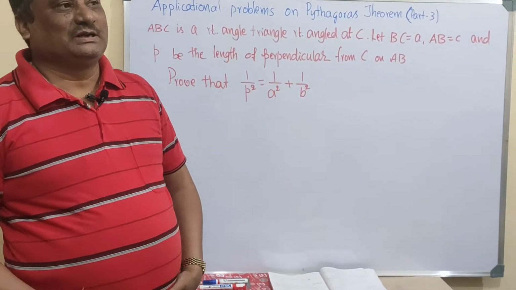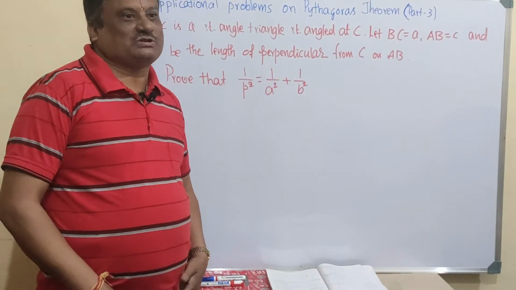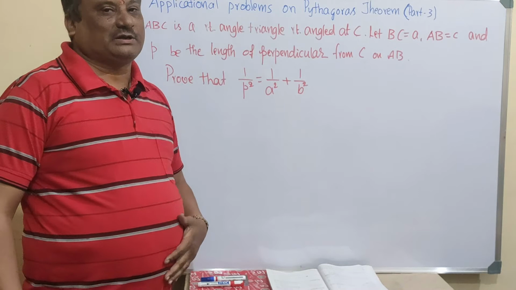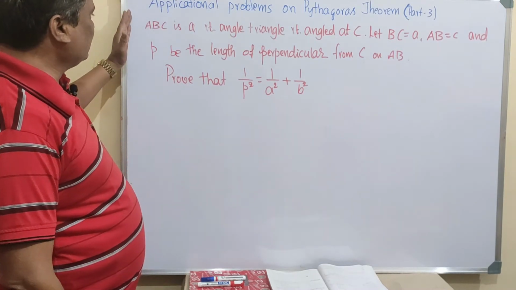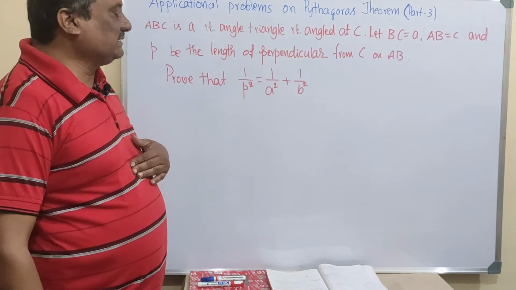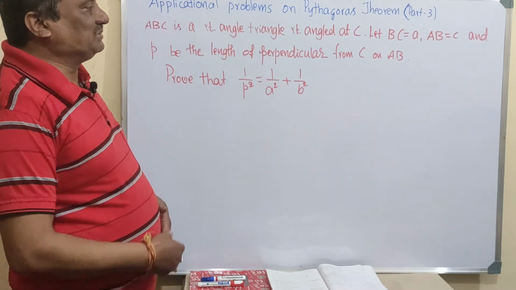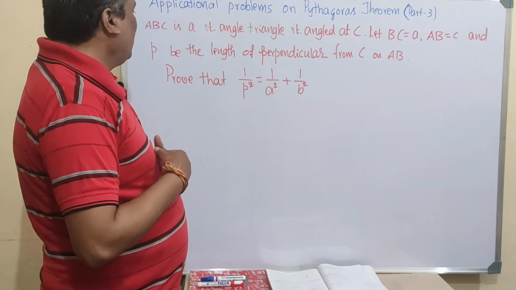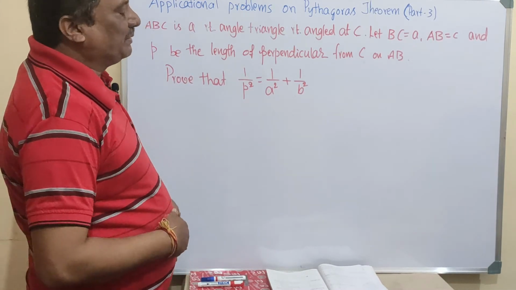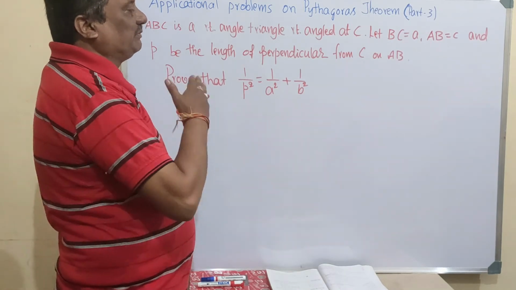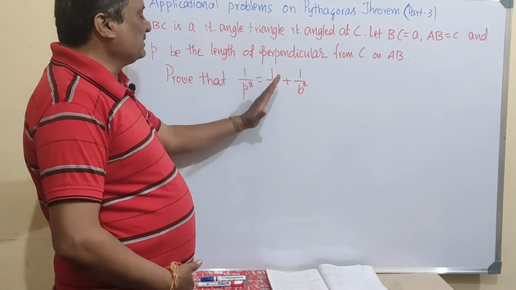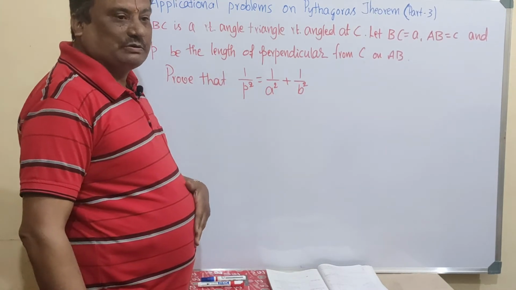Dear students, now let us step into one of the most important problems, that is, an application problem on Pythagoras theorem. The problem is like this: ABC is a right angled triangle, right angled at C, and they have given BC is equal to a, AB is equal to c, and p be the length of the perpendicular from C on AB, that is, the perpendicular drawn to the hypotenuse from the right angle vertex is p. Then we want to prove that 1 by p square is equal to 1 by a square plus 1 by